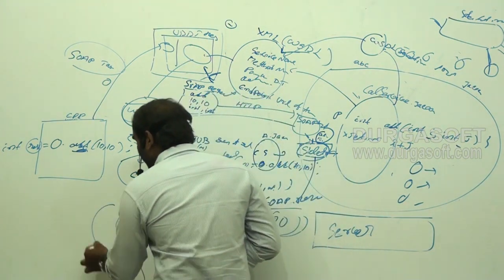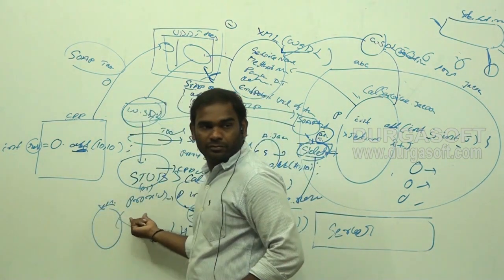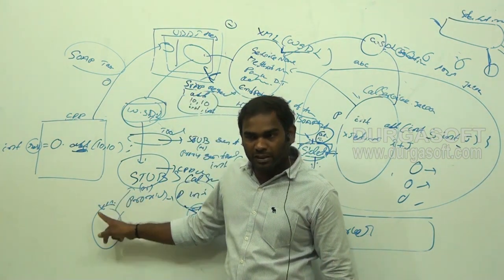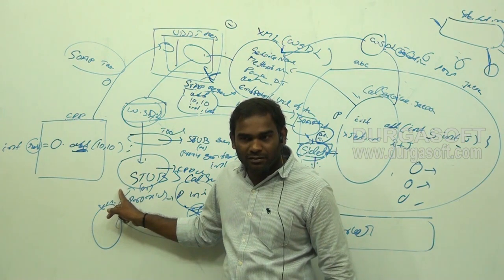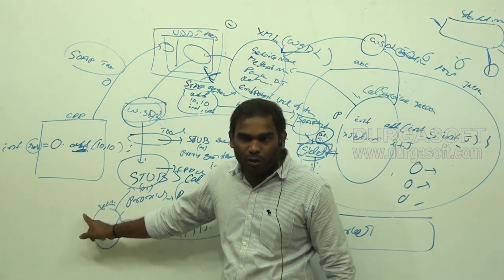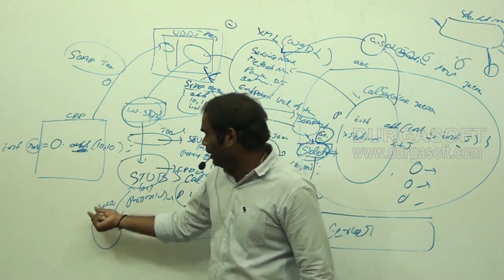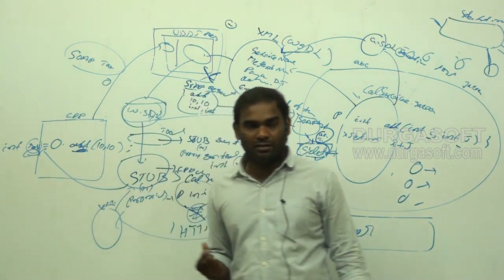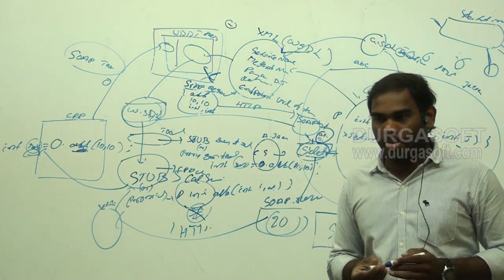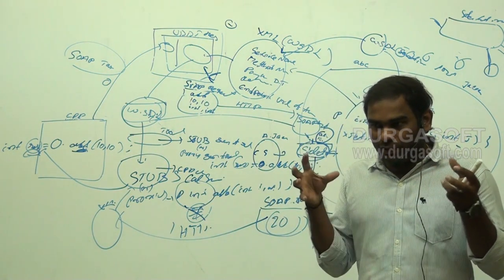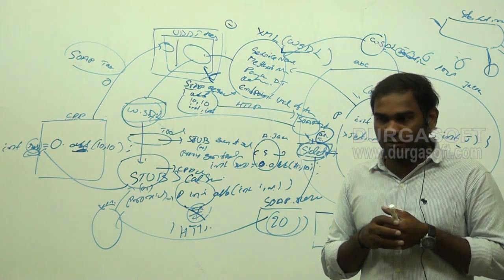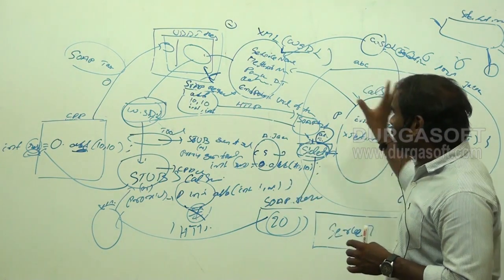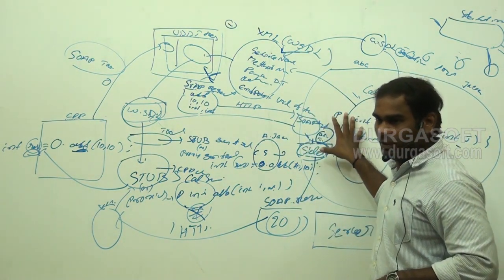Now this SOAP response again, it's an XML, right? Now the stub will receive this XML. Now the stub is a C++ class, right? C++ can read the data from an XML document or not? Yes. And it will get the return value. That return value will be assigned to this. I hope you understood how the communication will happen between the two applications here. Clear? Okay. So let me explain one more time here. Then I will give you the good diagram. I rather need a diagram here. Fine? Okay.